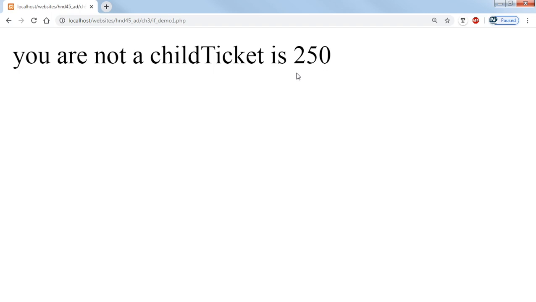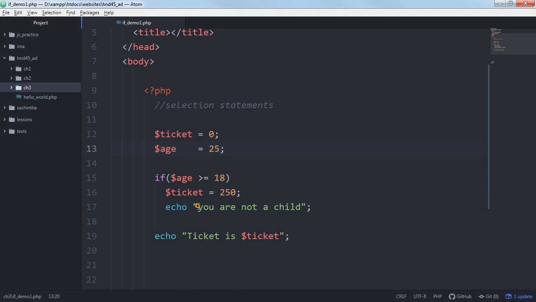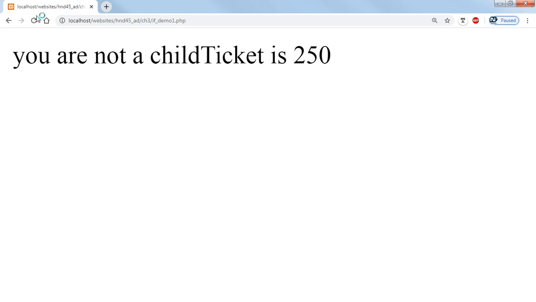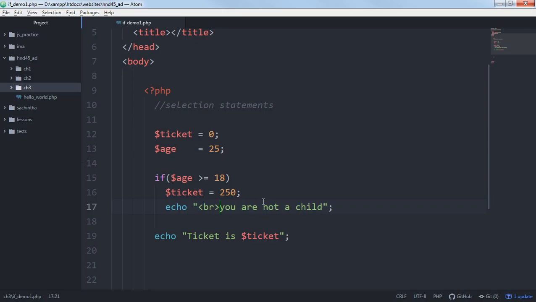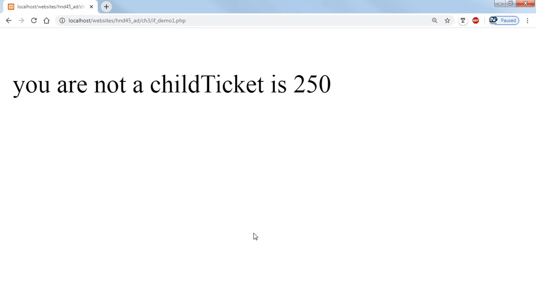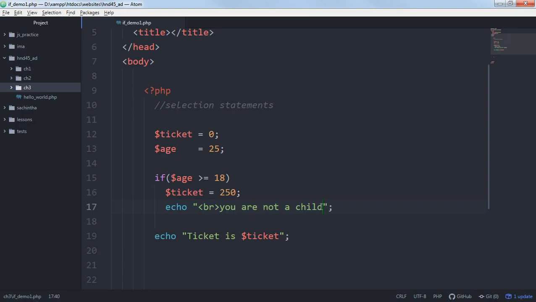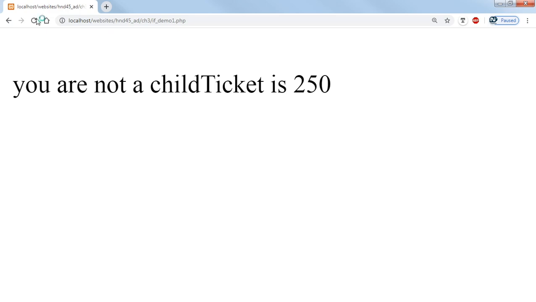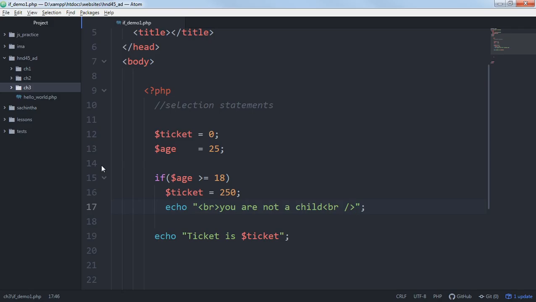Both are getting displayed. That is, for this occasion it is okay, right? Let's say that's fine. This should come in the next line. Displaying the ticket is done down here anyhow. This line number 16, line number 17, both are happening. That is why the value of ticket is coming like that. Okay. Now what we will do next is,